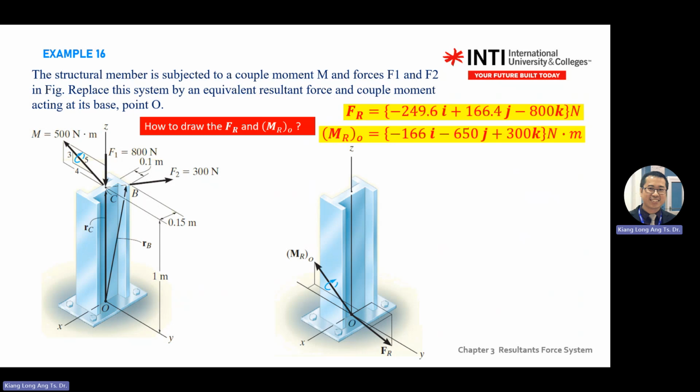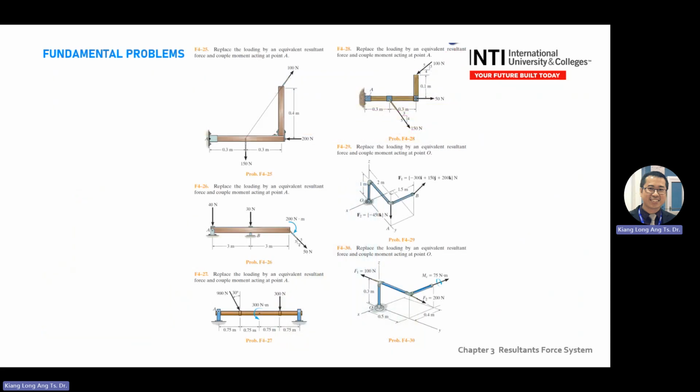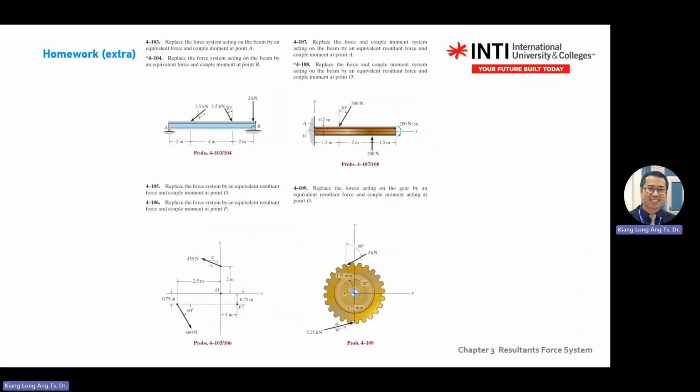How to draw this blue arrow? How do you know this is the anti-clockwise direction? Find the magnitude. Square, square, square, square root. Right. So it's anti-clockwise direction. So right hand rule. Okay, with this we conclude